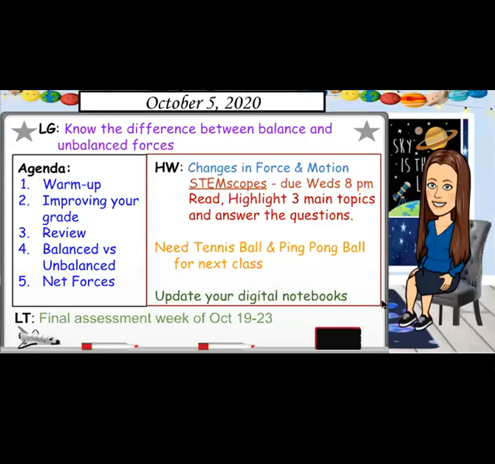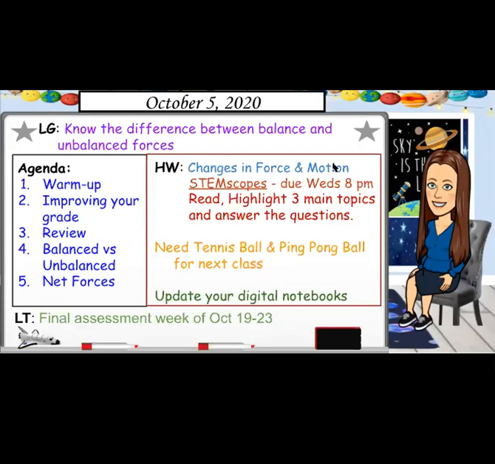Your homework for Wednesday is on STEM Scopes. So I want to remind you that you can find it in your apps section where the 9 dots are next to your name on the top right hand corner. So if you go up by your name or your face, your picture, you see those 9 dots. You scroll all the way down to the STEM Scopes app, and you will see your assignment, Changes in Forces